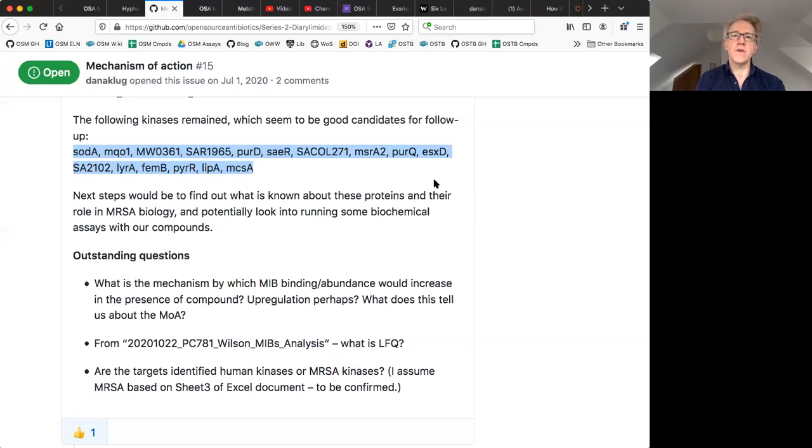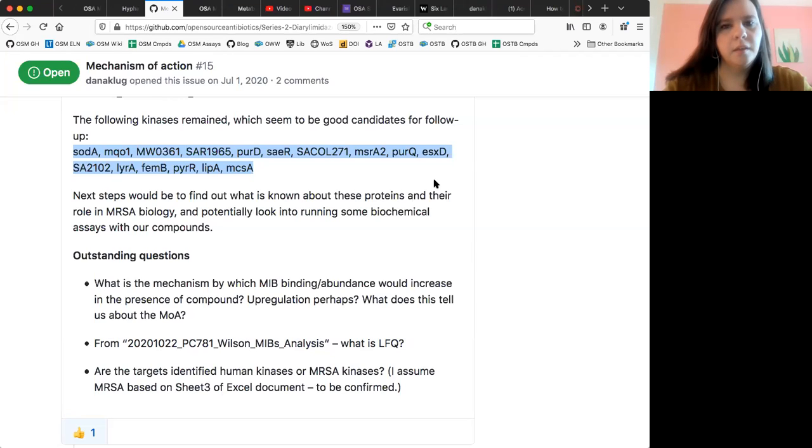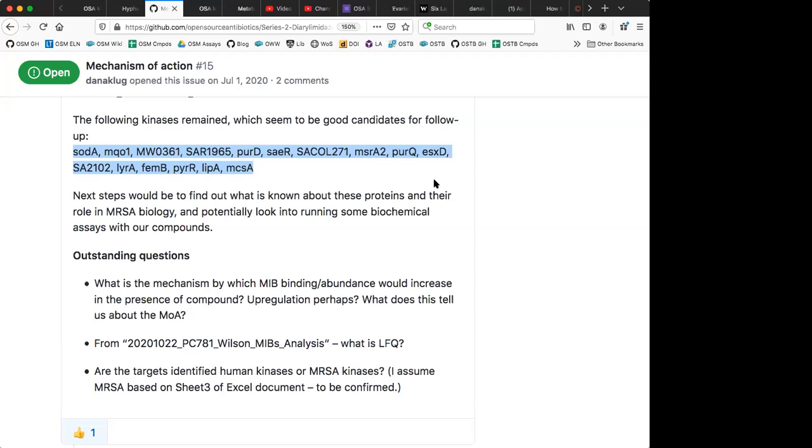So I mean, ideally, we'd have a shorter list than that, right? Right. Well, yeah. If we went through and found out whether these have any assigned functions, there could be some that we could eliminate based on that. Yeah. That shouldn't be too hard to do. That's a quick search through Google, through UniProt.